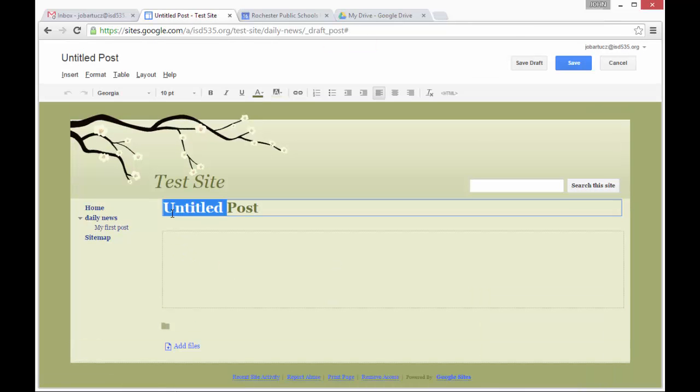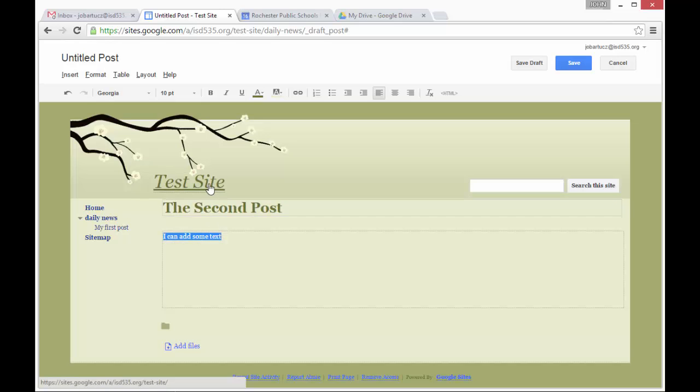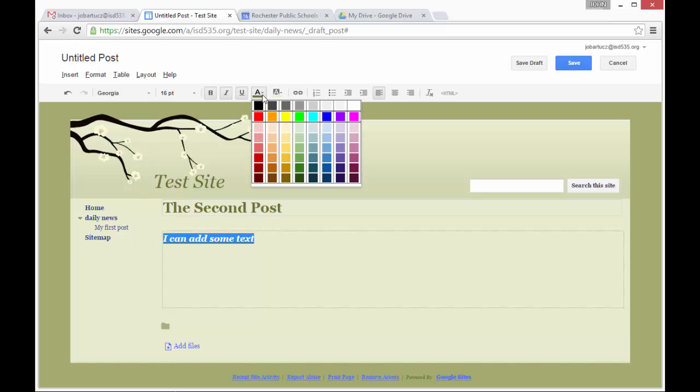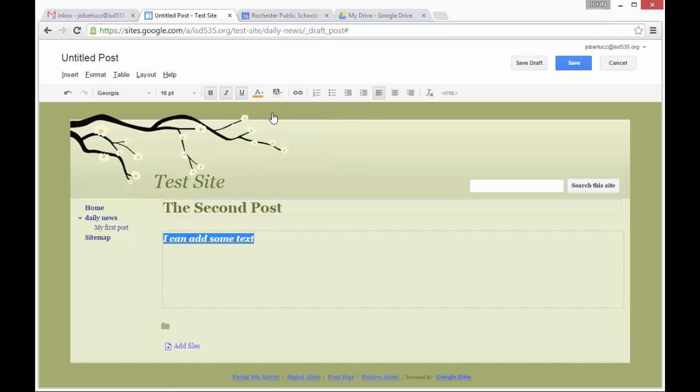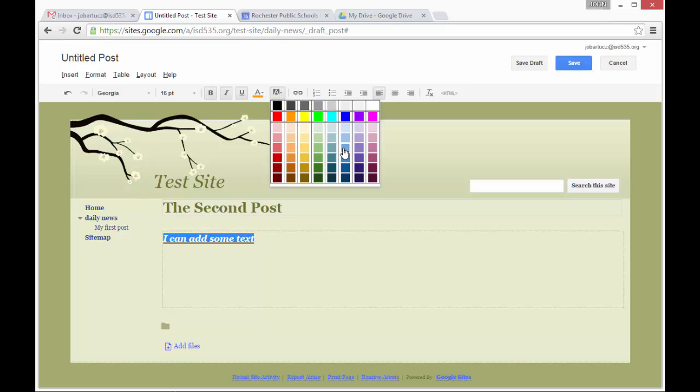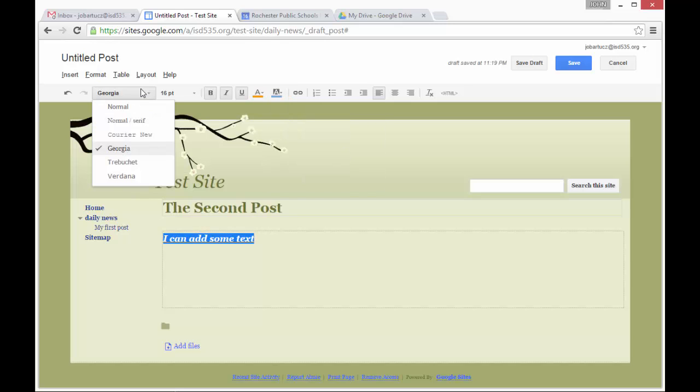This is going to be the second post. If I'd like to make it bigger, I highlight my text, and just like with the word processor, I can choose a bigger size. I can add bold, italics, underline. I can change the color of the text. I can change the background of the text. I can even change the font. When I'm done editing,